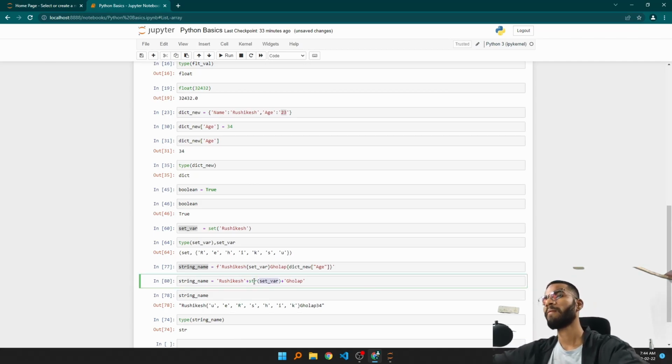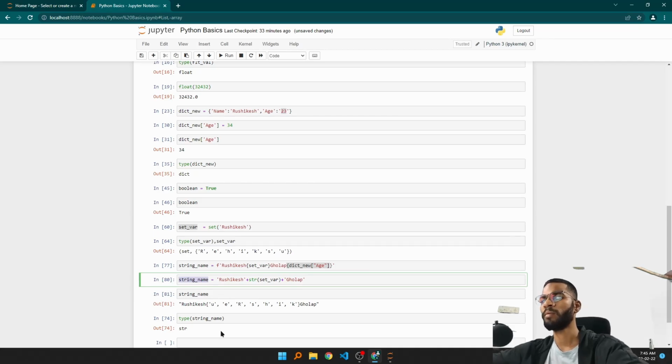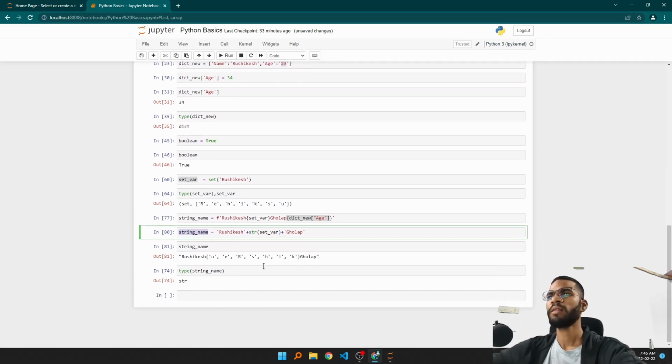String means we are converting this variable set var to a string format, and then we are adding it. Right now, once you print it out, it will give the same results, right? The first output was with the age, and the new output is without age, with the same variable name. So keep this in mind that you have to convert it to the string format whenever we are adding it